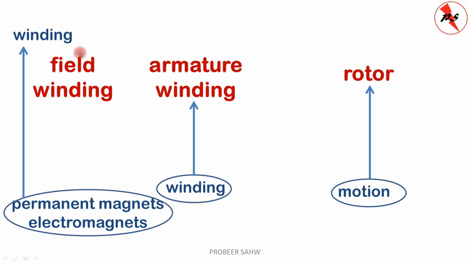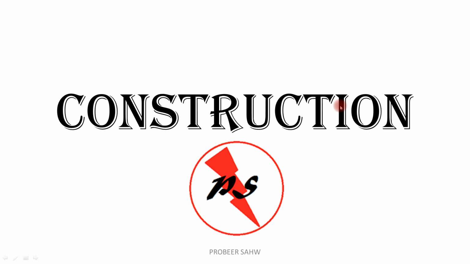The function of field winding in a DC machine, be it the generator or motor, is to produce the required magnetic field for the operation. And the function of armature winding in a generator is different than in a motor. In a generator, we set motion in the rotor, due to which EMF is induced in the armature winding. Whereas in case of a DC motor, we pass current through this armature winding, due to which a motion is produced in the rotor.